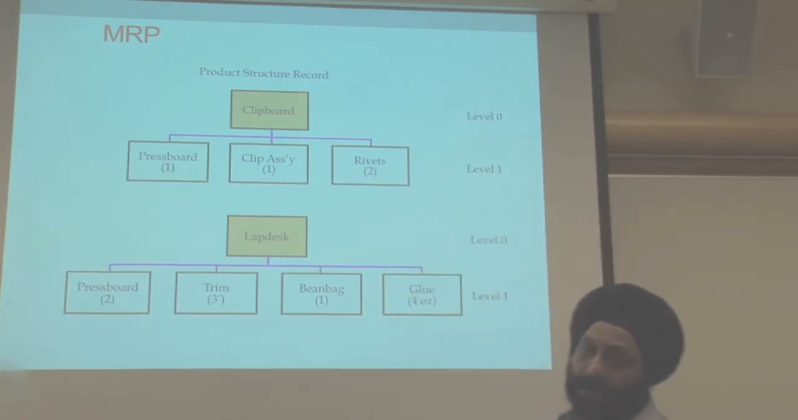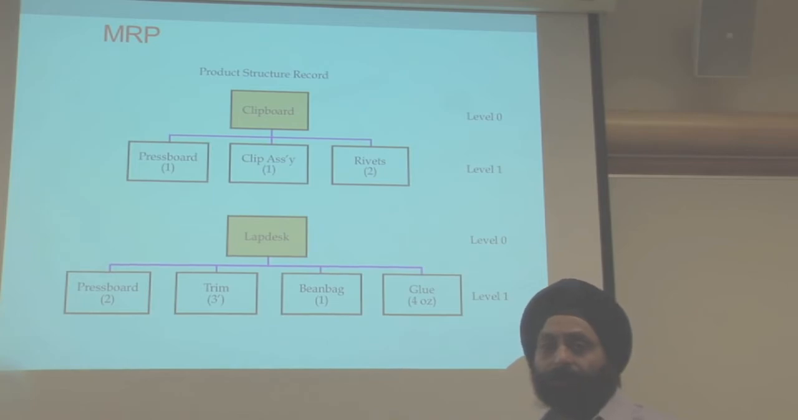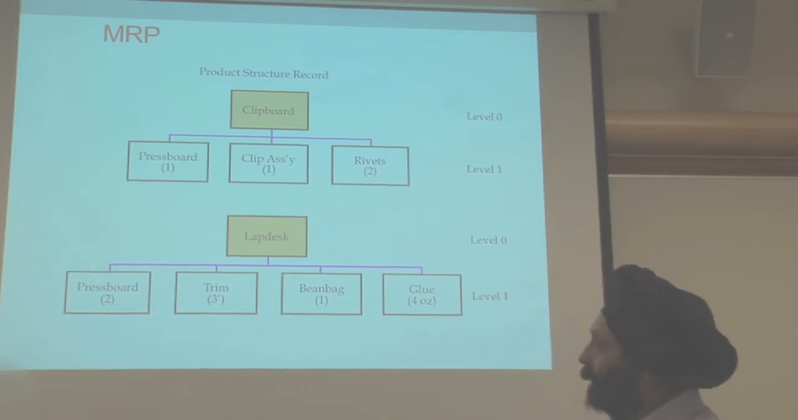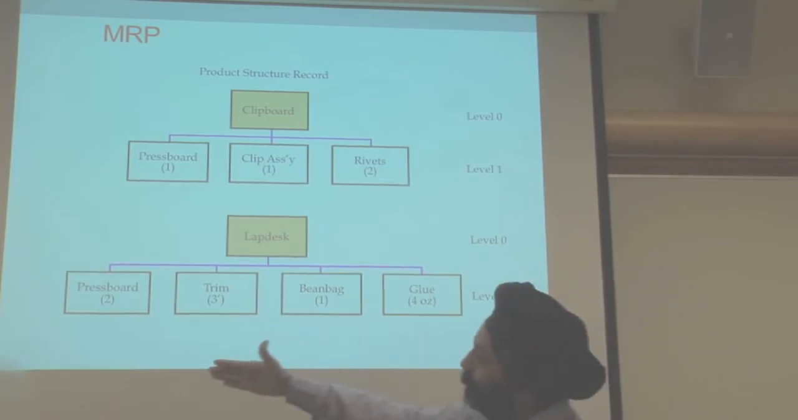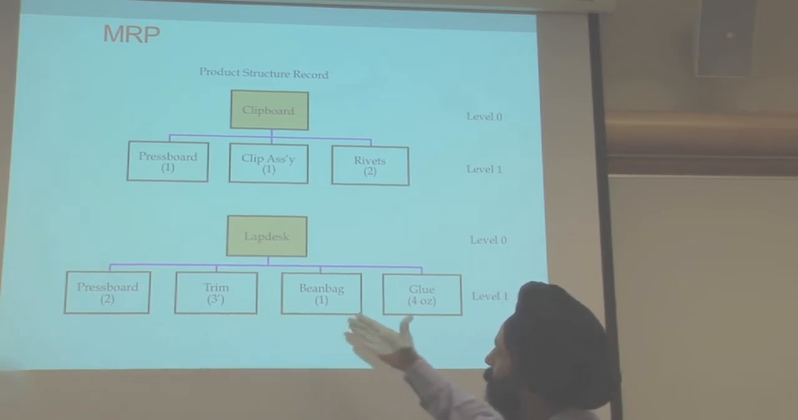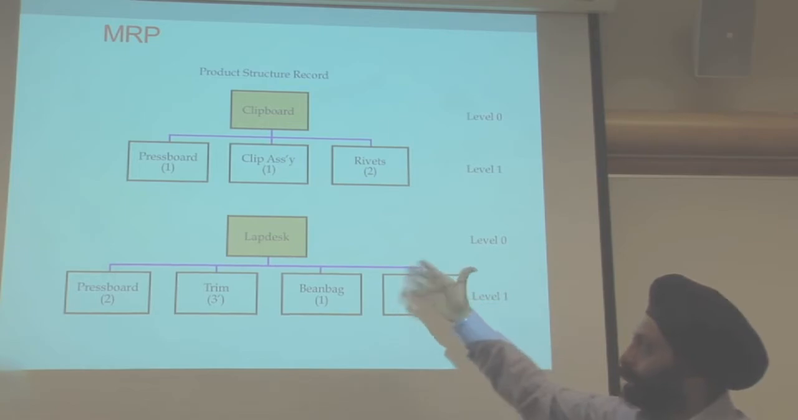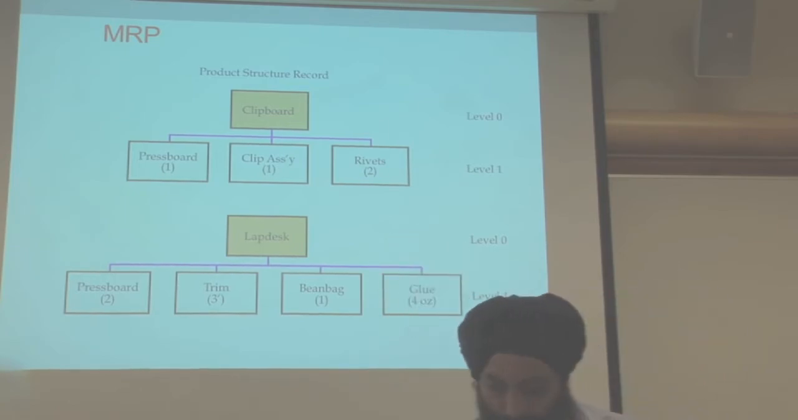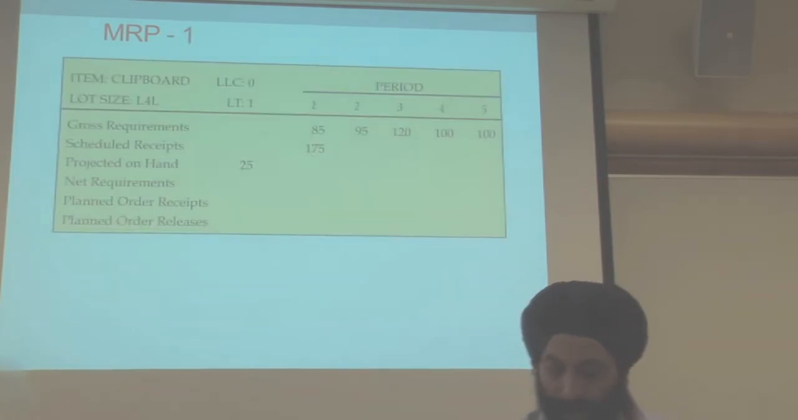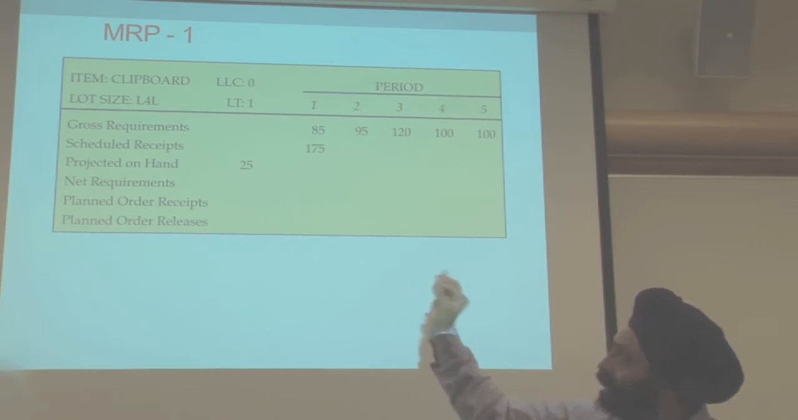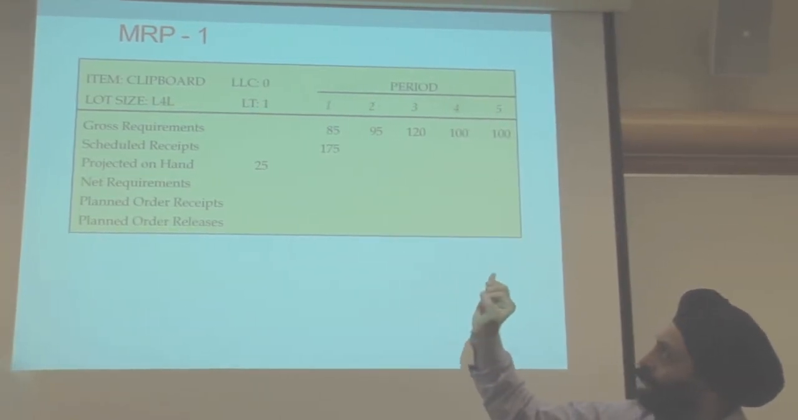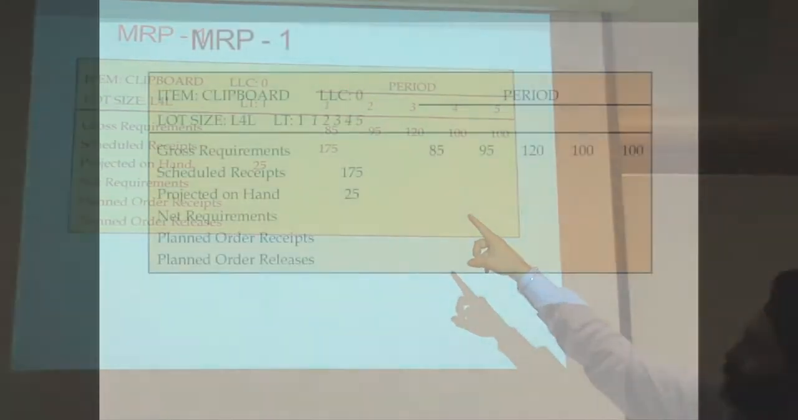So the clipboard is an actual finished good item, whereas lap desk is a completely different finished good final product, and that requires 2 press boards, 3 trims, 1 bean bag, and 4 ounces of glue. That is to make a lap desk. Completely different product. So now going back and focusing on the clipboard itself, if the lower level coding is 0,